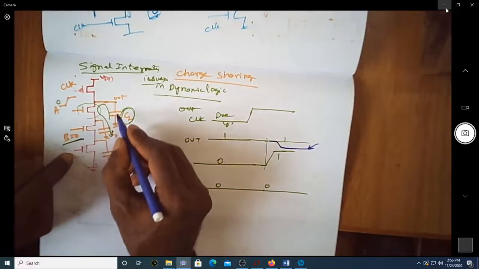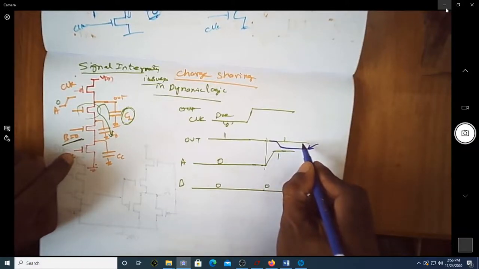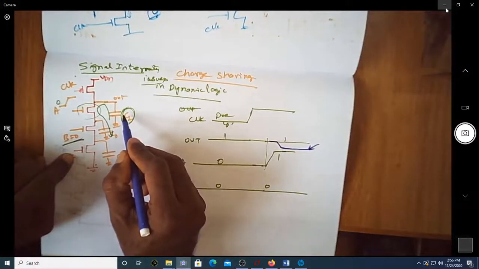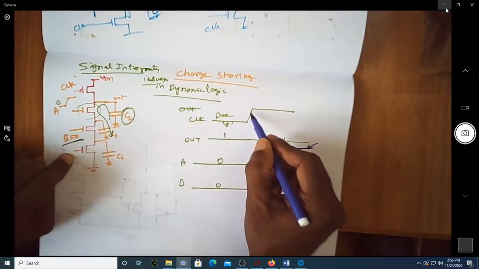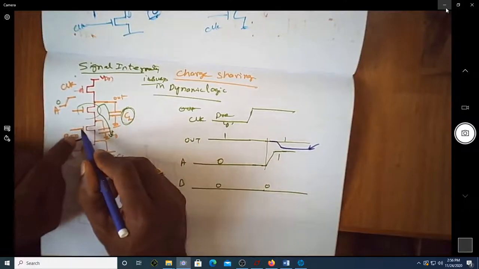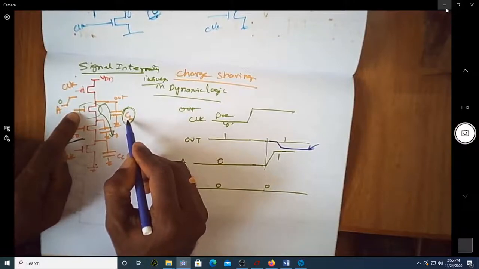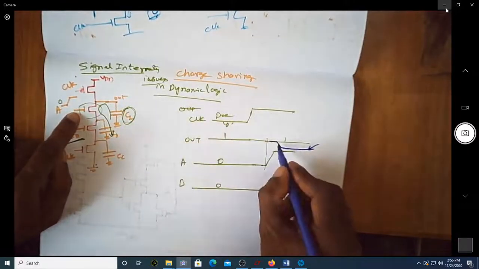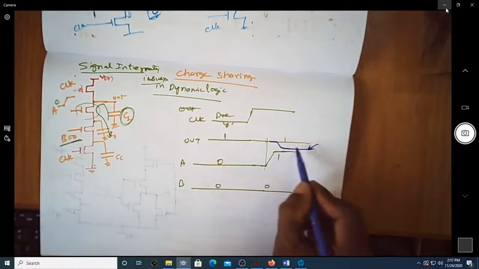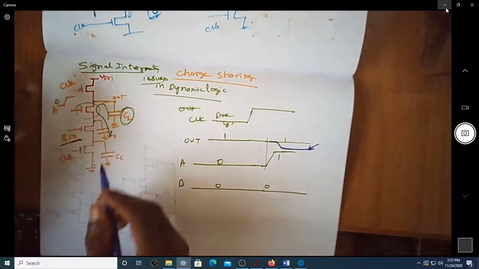Even though this is 0, this will lose the charge. Of course, the ideal thinking that this voltage remains VDD will not be possible, because of whatever charge is there in this CL during the time when both the inputs are 0. As soon as you make A equal to 1, there is a path for the charges in CL2 to leak to this CL. So that's why the output will reduce. This way the output which was supposed to be high will reduce to a lesser value. That purely depends on the ratio of these capacitor values.